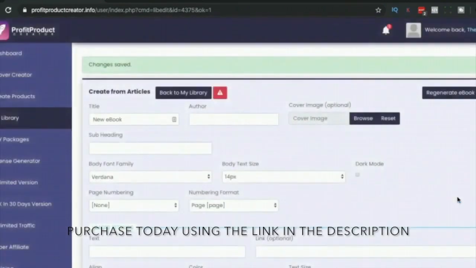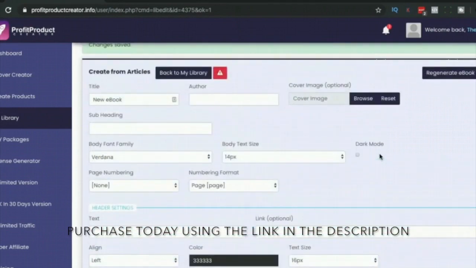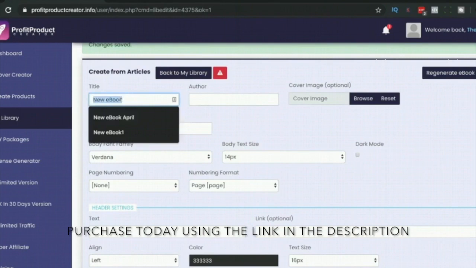So I'm just going to click save changes to show you, you can see it says save changes. Okay, but it's going to continue until we are basically happy with what we've got. So what I'm going to do is start going in and amending this. The first thing is to put in a title, and I'm going to delete that, and I'm going to put